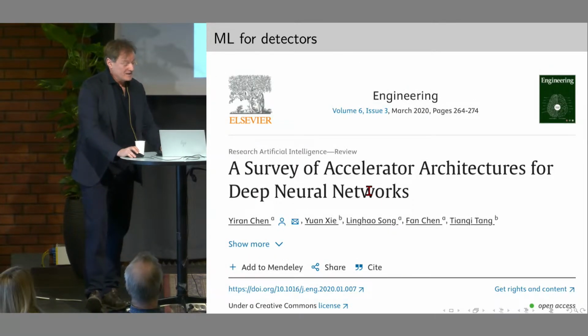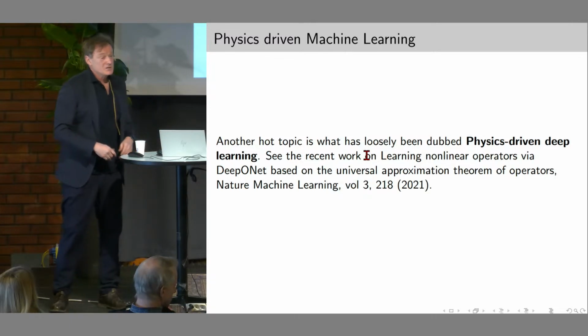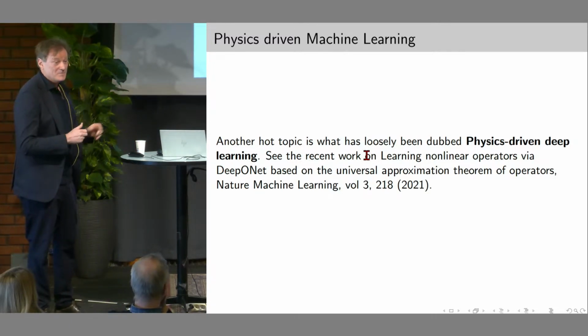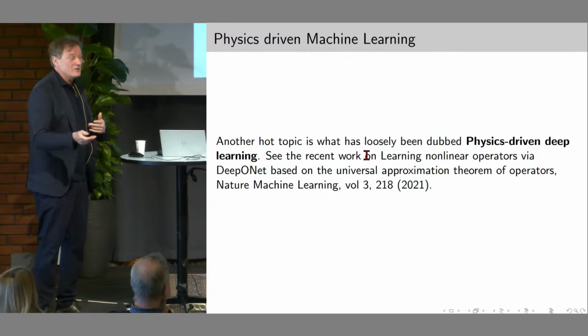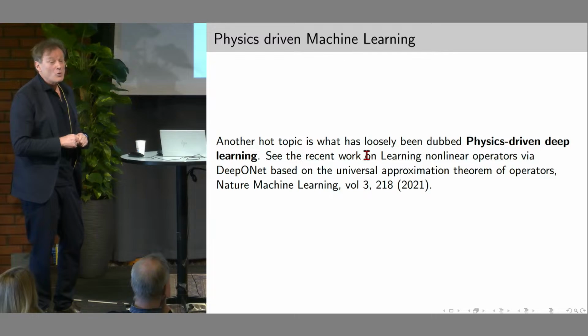Another field, so this is just an application, since I come from subatomic physics. You see the paper is from 2020, so people have actually used neural networks to design accelerator architectures. Another field which is very hot is what's called physics-driven neural networks, or PINNs. And I will come back to that because we are using that when we solve time-dependent equations for quantum mechanical